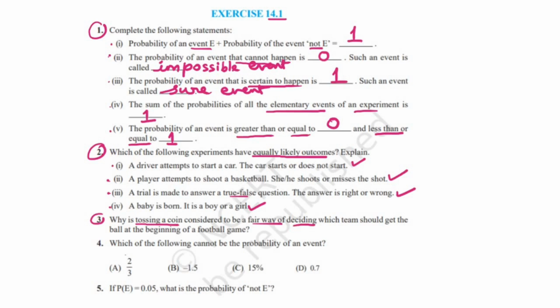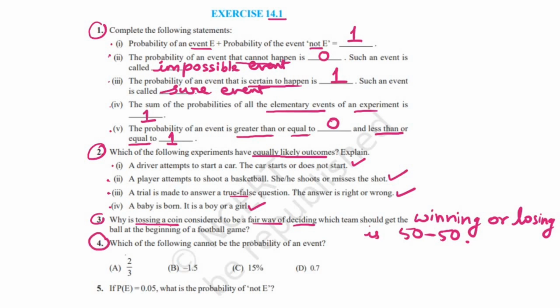So there are exactly two outcomes and a team can choose one of the outcomes. In that case, both the teams will have 50-50 percentage chances of winning it. So that will be a fair way of deciding. Winning or losing in such a case is 50-50, so both the teams have an equal share of winning or losing. So it is a fair way of deciding.